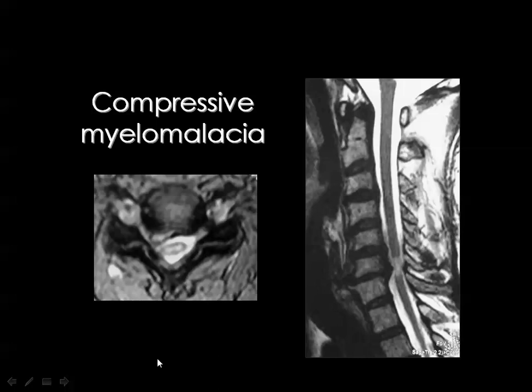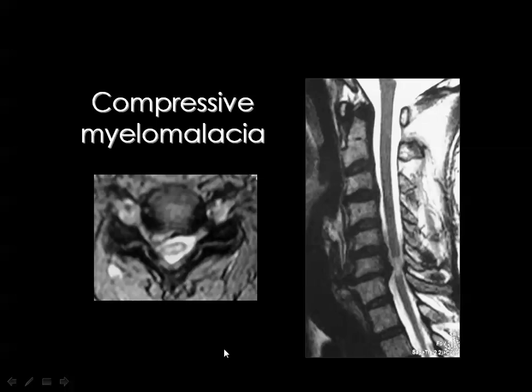Then in the MRI, we just say that there is a big disc, and in this axial image we know that this disc is a herniation because it's focal and to the right side, encroaching on the foramen, compressing the cord. Then we say that there is a C6-7 right posterolateral disc herniation with significant cord compression at that level. How did we know that this is significant? Because there is a change in the cord parenchymal signal at this level,